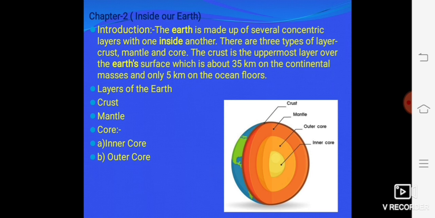Layers of the Earth, we already know it very well: the crust, mantle, and the core. The core is bifurcated into the inner core and the outer core. Let's start with the crust. The crust is composed mainly of basalt and granite, and with the uppermost part of the upper mantle is